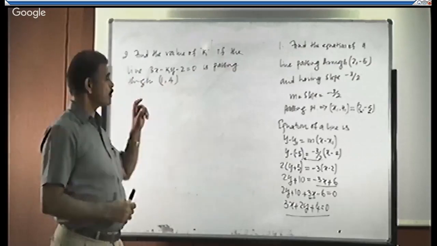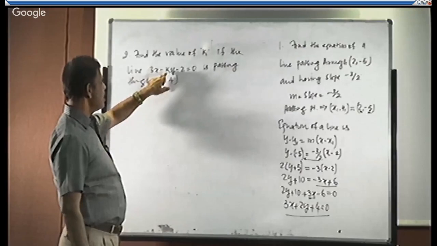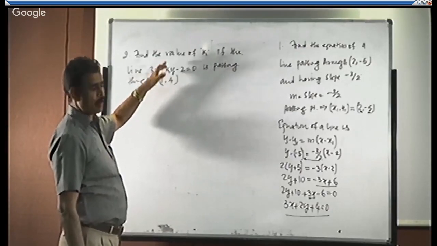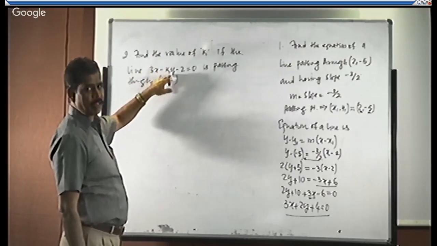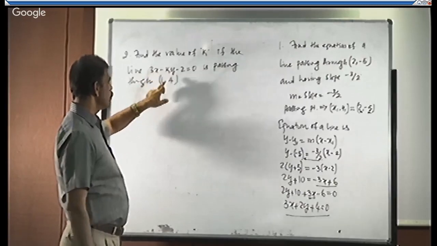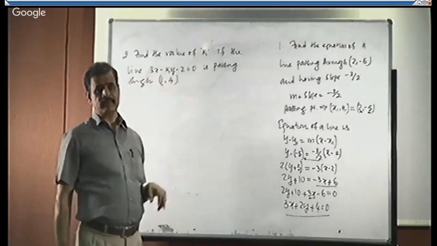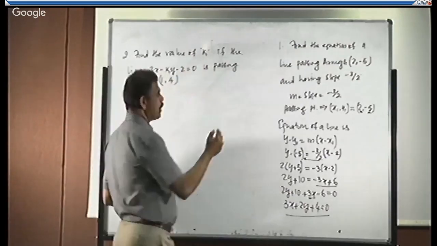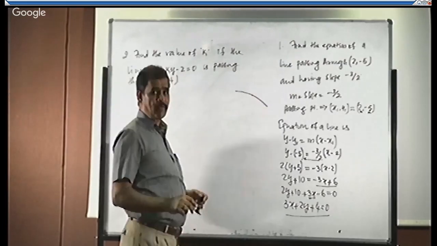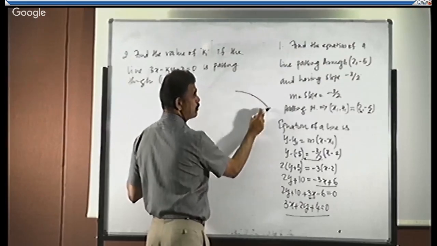Just observe this question. They have given some equation, and in that equation an unknown is there. The unknown may be represented as k, or they may give it as lambda or m. So here k is unknown. This line is passing through this point, and with this we have to get the value of k. Please remember, if any line is passing through a point, or if any point is on a curve, the equation of the curve